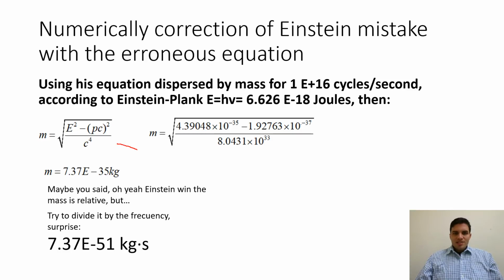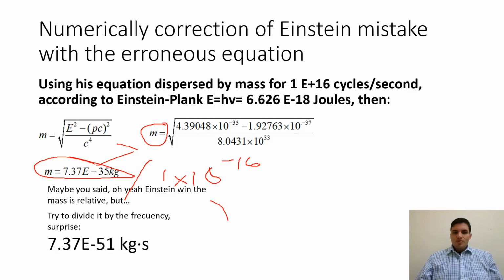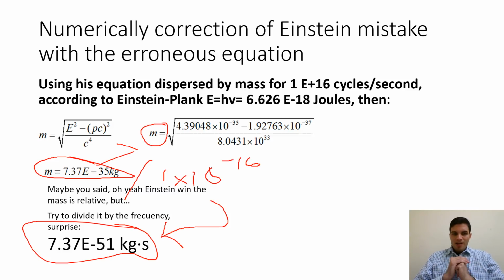Then, as I presented here, this is the equation for mass, this is the formula solved for mass, and the result for the mass is here. But when you divide this quantity over 1 multiplied by 10 to the negative 16, you obtain this result here. And this is the same value as I provide for the mass of the photon in the present work and in the earlier works that I present on the web page, internet, and some documentation